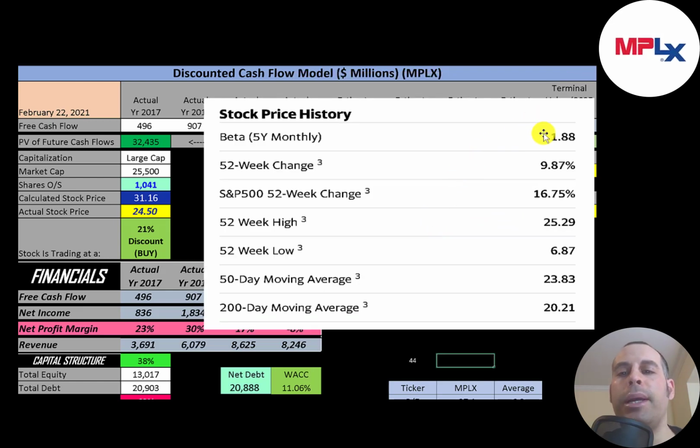This company has a pretty high beta, 1.88, so the stock moves a little less than 2 times the market. It is a bit volatile. The stock has increased 10% in the past 52 weeks. That's worse than the S&P 500, which increased 17% in the same time frame. The 52-week low was $7, the high was $25, and the stock is trading above its 50-day and 200-day moving